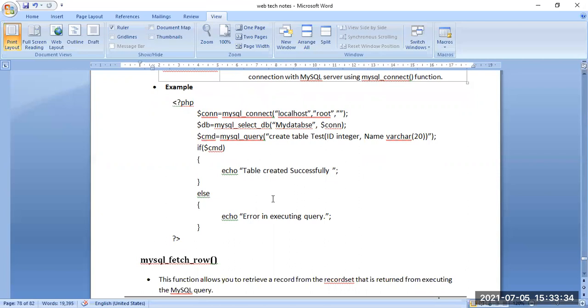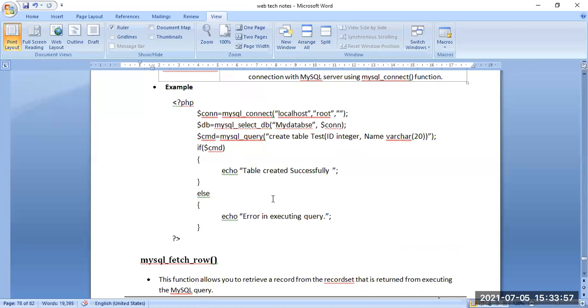Second, the database has been selected: MySQL select DB, my database, and $connection. As I said previously, the database parameter indicates the database name and the connection name. And the third one, $cmd, is another variable used for the query purpose.